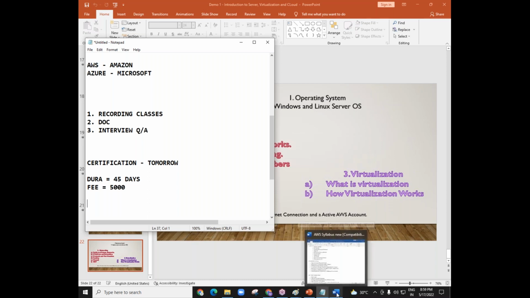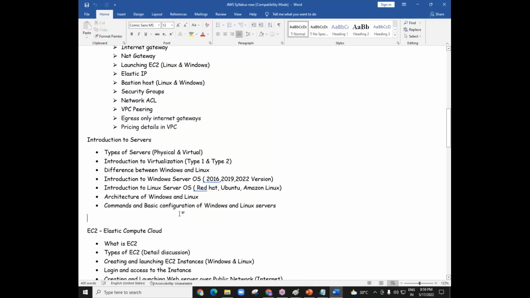Okay, one more question coming here. Will you teach Linux commands in this course? See, this is the syllabus here. Introduction to Linux servers, commands and configuration from Windows as well as Linux. Not only Linux, from Windows as well as Linux. We need to learn some commands to do configuration, so we have to know some commands. If you're already a Linux administrator, then it is well and good. That is an added advantage for you. But if you don't have any idea about Linux, I'll show you. I'll teach you the commands that are needed for us.